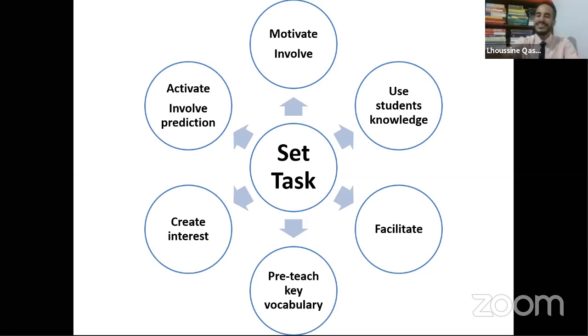Prediction tasks, and then recognition tasks, and production tasks. So these are: motivate, involve, activate their schemata, facilitate, pre-teach vocab, create interest, prediction, etc. This is number one. Okay. Number two,